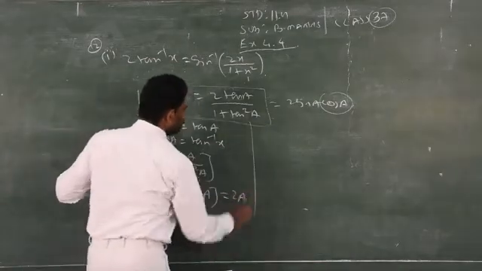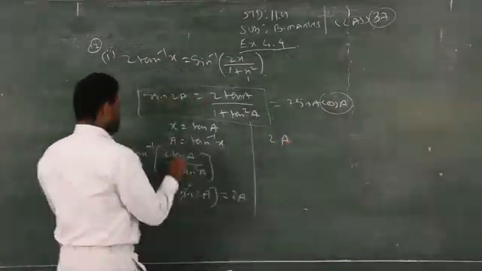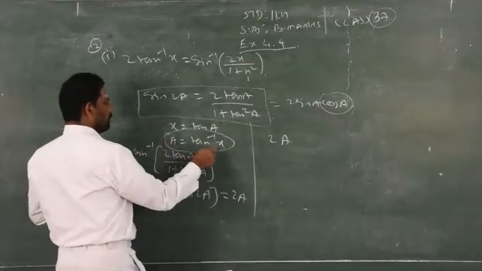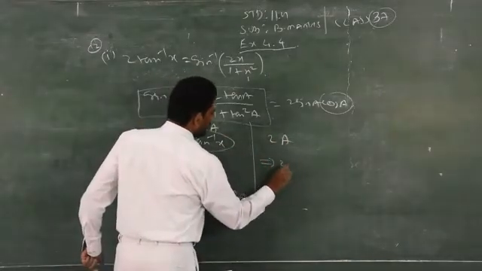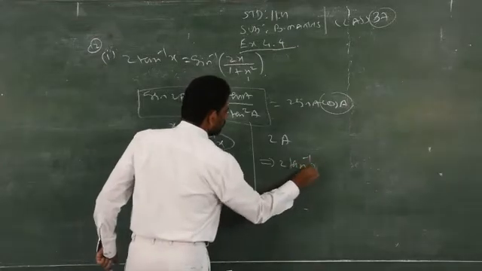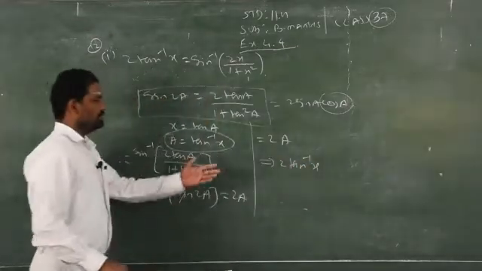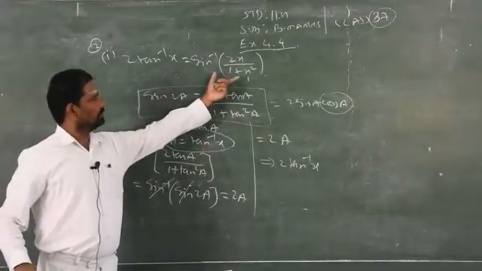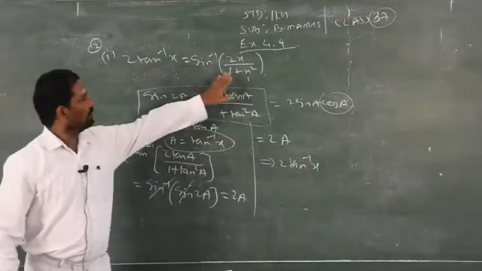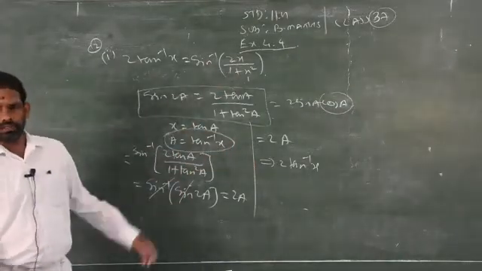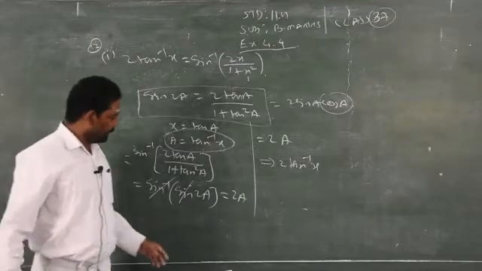Clear? So now 2a is equal to, now what is a? I found already a is equal to how much? Tan inverse of x, which implies 2 tan inverse of x. Hence proved. 2 tan inverse of x is equal to this one. So I proved this. Right side to left side I proved. That's all the answer. Clear? So this is the method to find out.